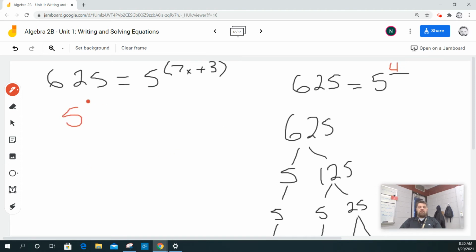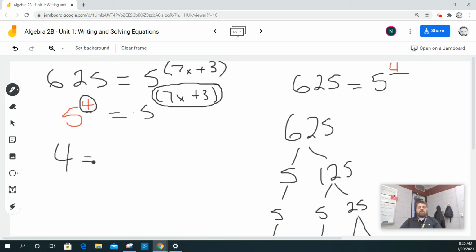So I could write in 5 to the 4th power here and set that equal to 5 raised to the 7x plus 3. Well, in order for these to be equal, this has to equal this. So I could solve that by just saying 4 is equal to 7x plus 3. So, wait, this is,